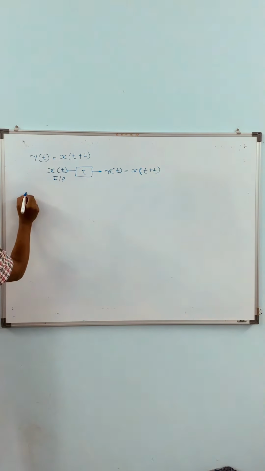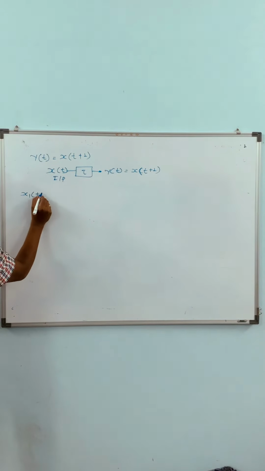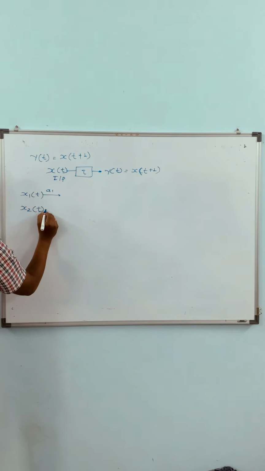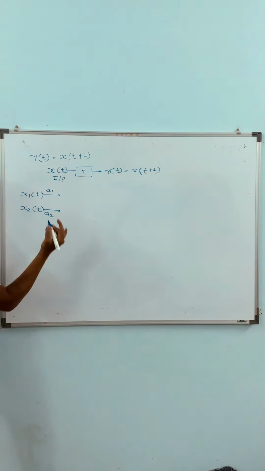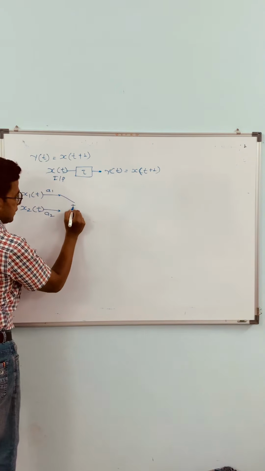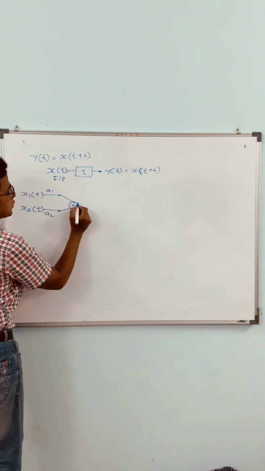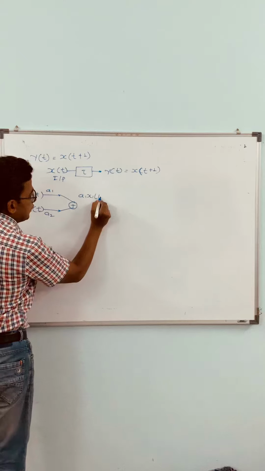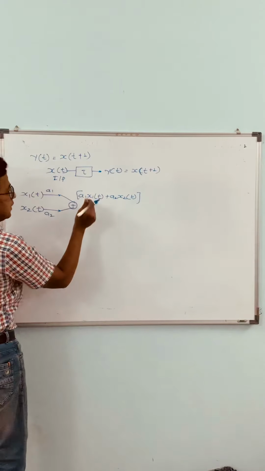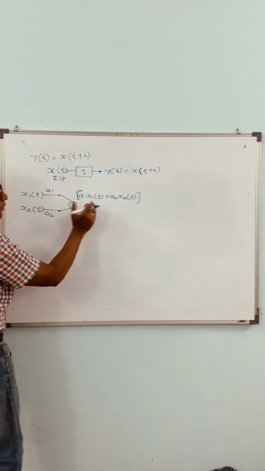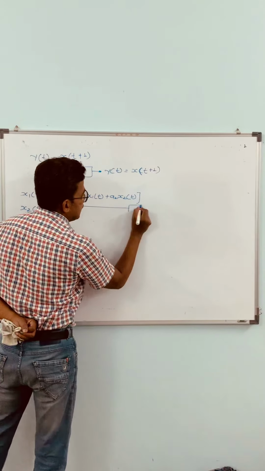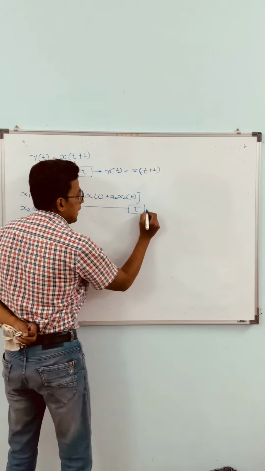So x of t is a continuous time signal. We split it into x1 of t and x2 of t, with respective constants a1 and a2 getting multiplied. This notation you can change; these are linear constants. First step, we add these two signals, so it becomes a1 x1 of t plus a2 x2 of t. After the addition one function is created, and it enters the system, the TOE again, and creates a new output.